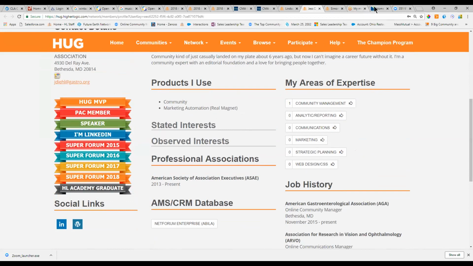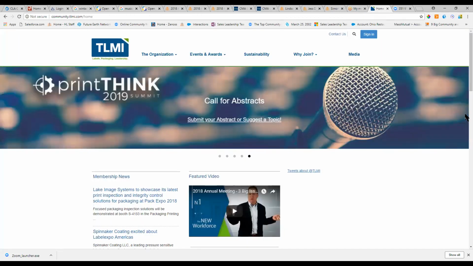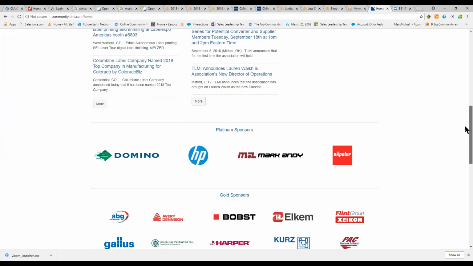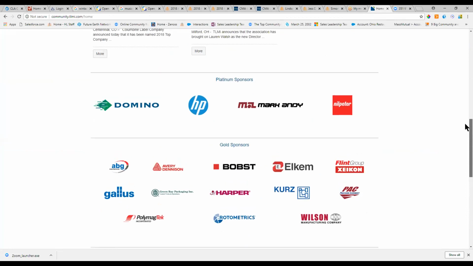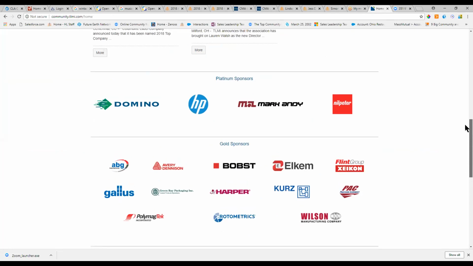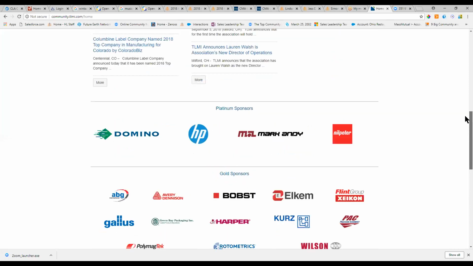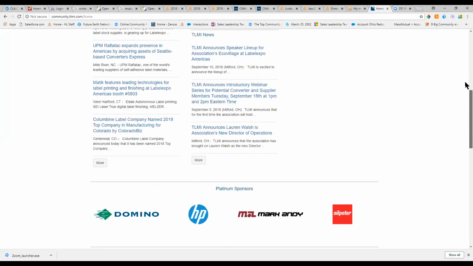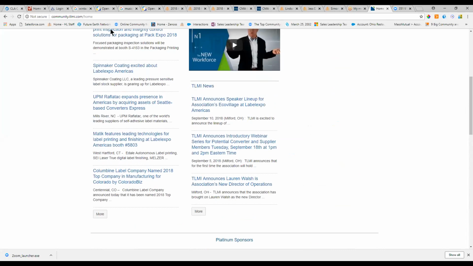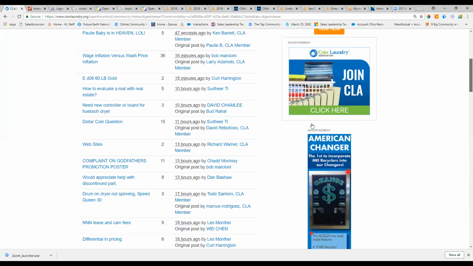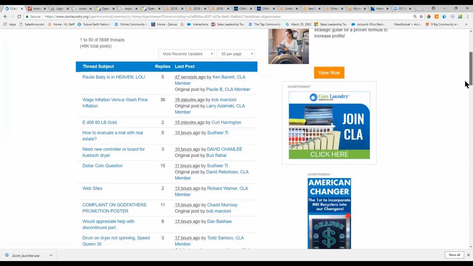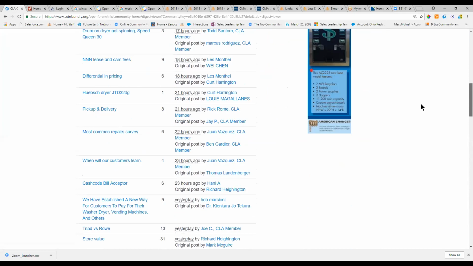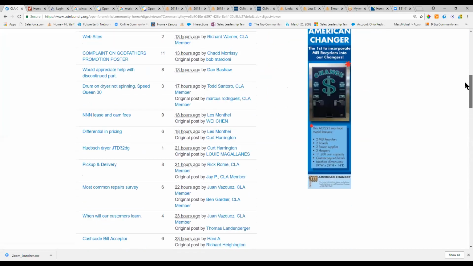And then finally, using it as a way to create sponsorship opportunities. Here's an example. This is actually a trade org of ours, a client who's a trade organization who has multiple sponsorships, and they can sell this space based on the type of folks that are going into the community. And then also advertisements on the right rail here as well. Getting back to the coin laundry example, you can see here they offer advertisements in the community, and we can help facilitate that as well if you choose that that's the direction you want to go down.